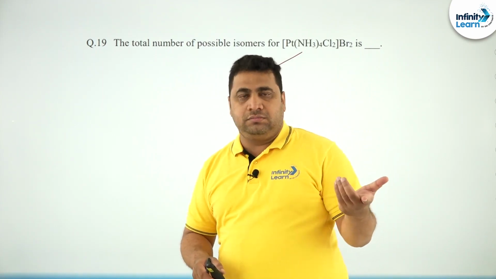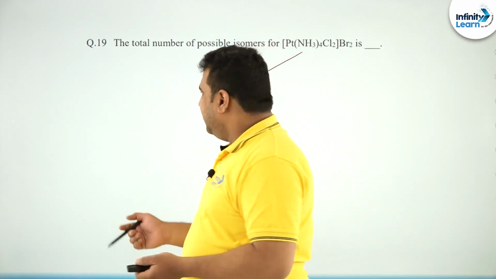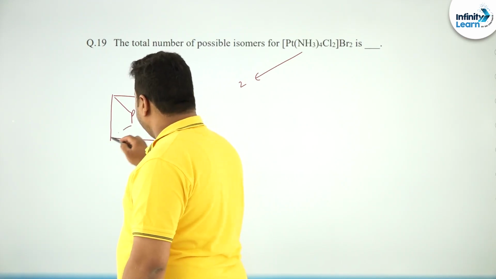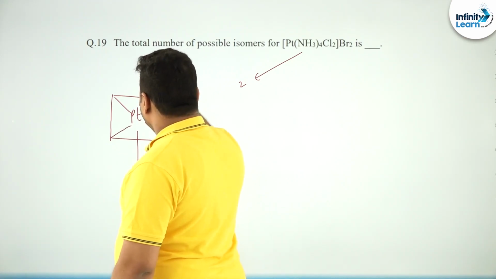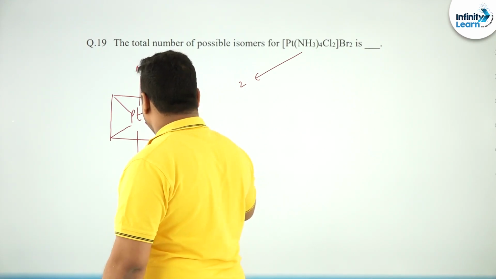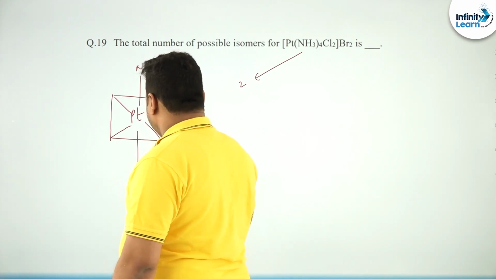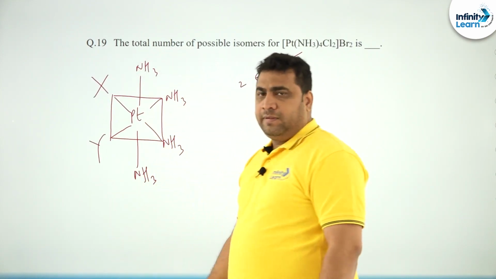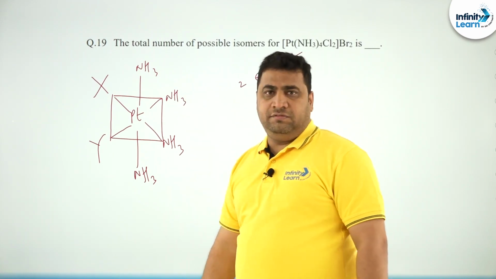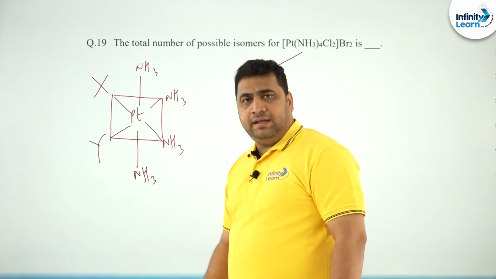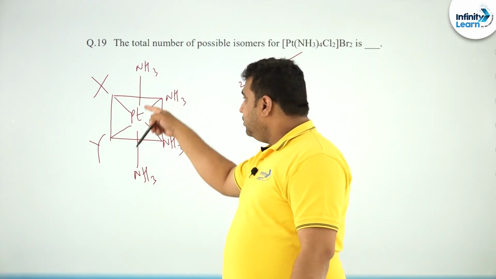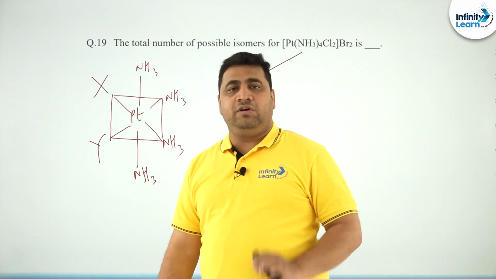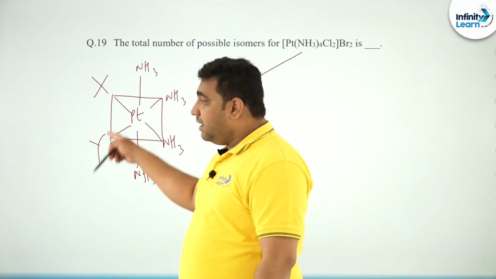Why? Because if you draw the complex, okay, let us draw now. If you draw randomly any complex taking amine as a group, here you can write X and here you can write Y, leave it off. You cannot take ammonia as reference. Why? Because here ammonia is 180, you can call it trans, same ammonia is here 90, you can call it cis. That means if you consider amine, you cannot call it cis, you cannot call it trans. Therefore, you have to take X and Y as reference.